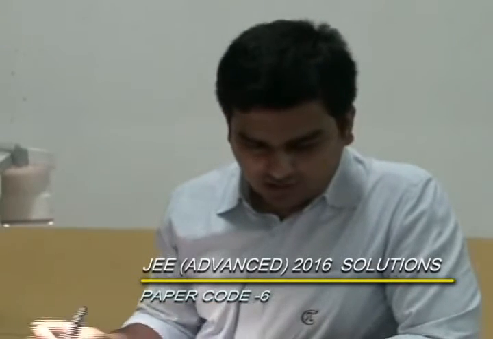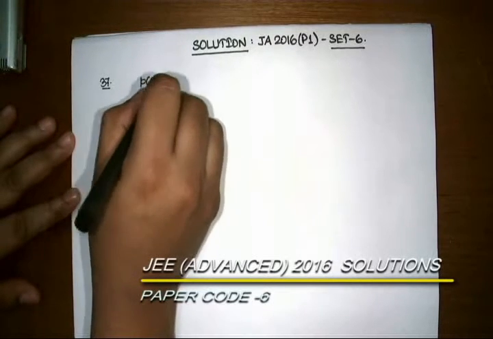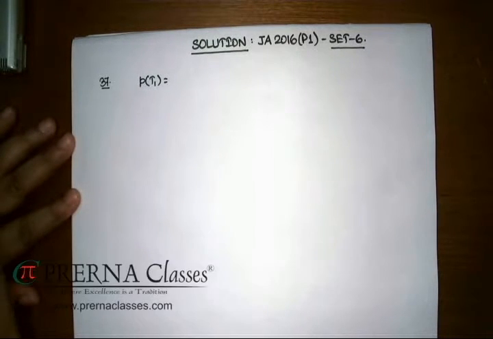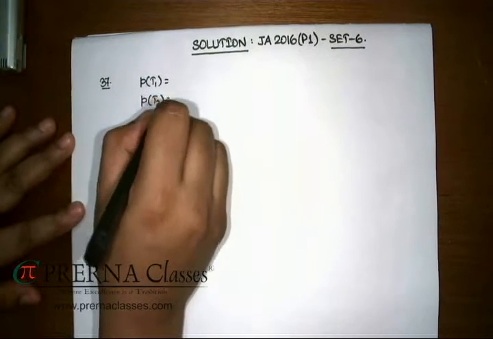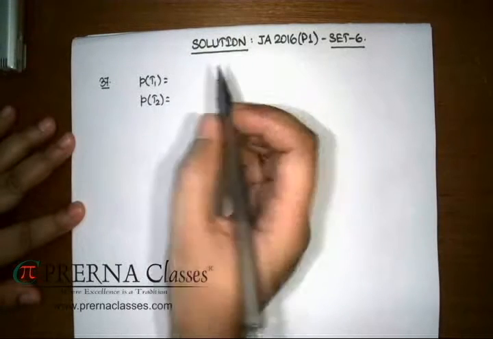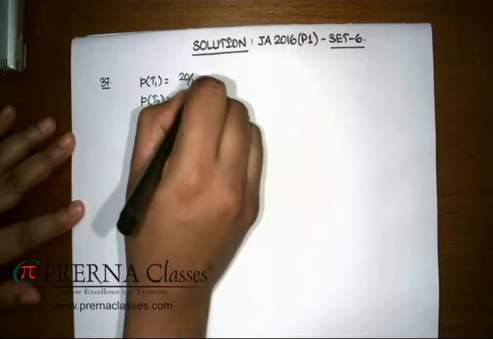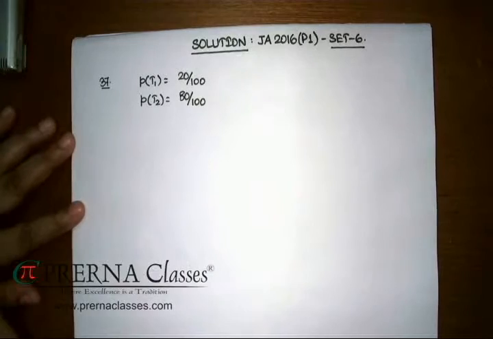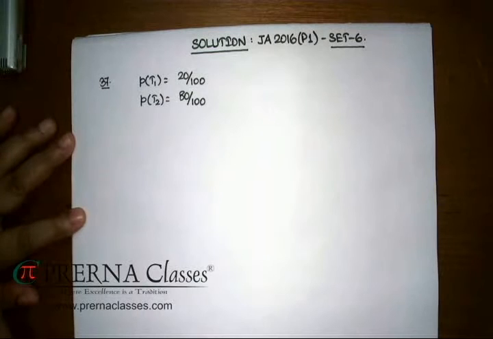If you go through that, it is being told that the probability that the computer producing factory produces 2 different types, T1 and T2. If I denote those types as T1 and T2, these probabilities are given that they produce the first type in this way, and the second one with probability 80 by 100. Further, it is being told that 7% computers are defective.